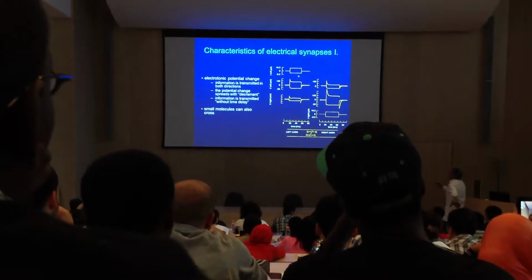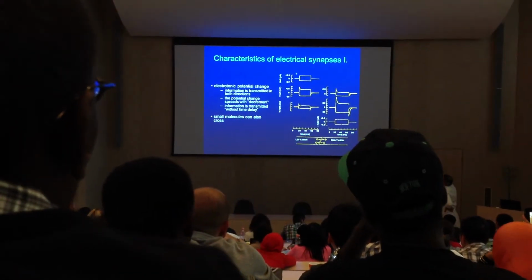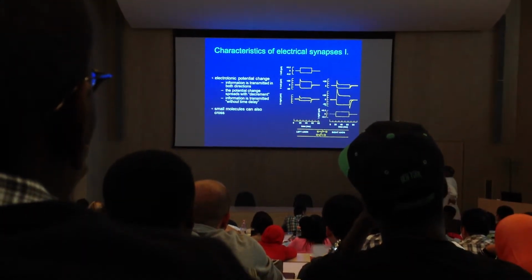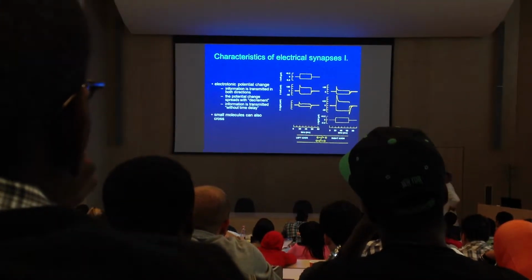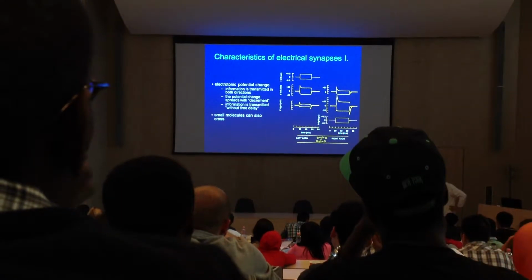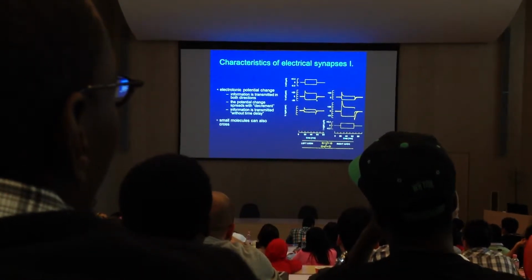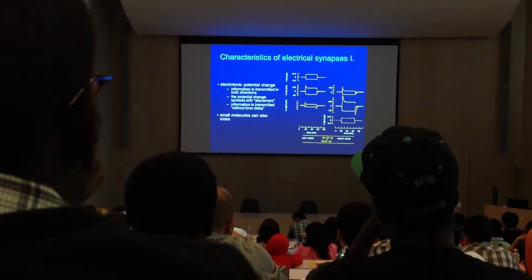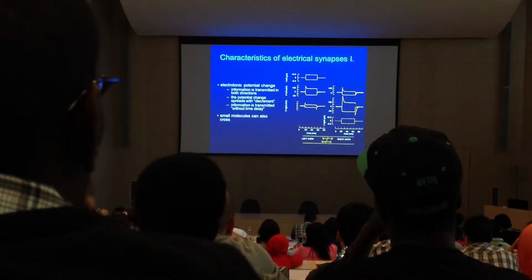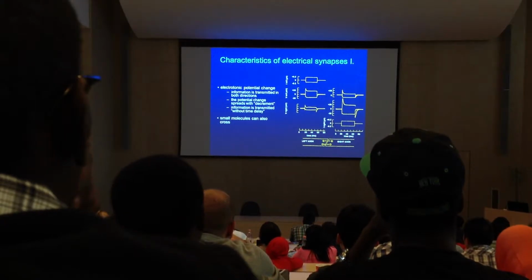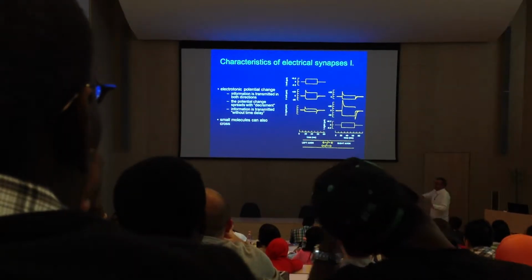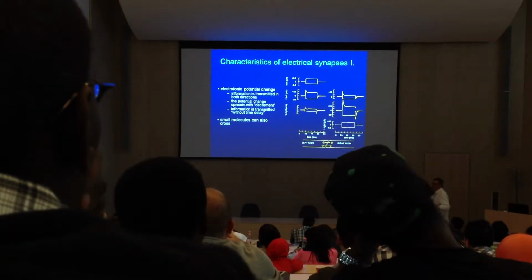And as you can see, if you inject a current, either depolarizing or hyperpolarizing, what you see is an electrotonic change, depolarizing and hyperpolarizing in the left axon, as you would expect. If you inject current, that is, if you put positive or negative charges inside the cell, then the membrane potential will go positive or negative.